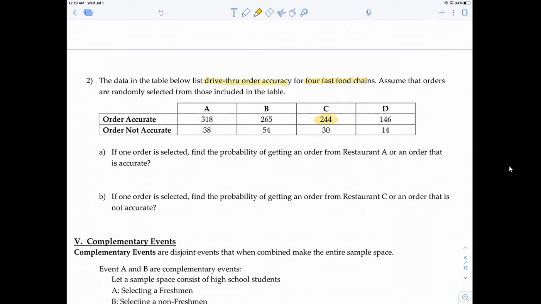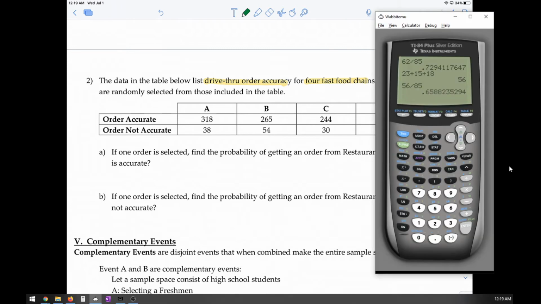All right. And it's also a good idea when you have a table like this, because a lot of times there are multiple questions within this table, so it's always a good idea to add up the columns and the rows just to see all the total values. So for example, if we added up the 318 plus the 38, the 356 here is the total number of orders in restaurant A, right? So if I continue that, this is the total number of orders from restaurant B,